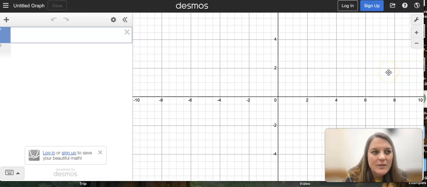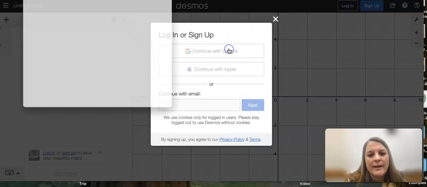For today's assessment, we will be using the data we collected for the candy grab experiment, and you will use the Desmos calculator as we practiced in class to graph your data and then to create a line of best fit. So let's make sure when you first get there, you log in with your school account,